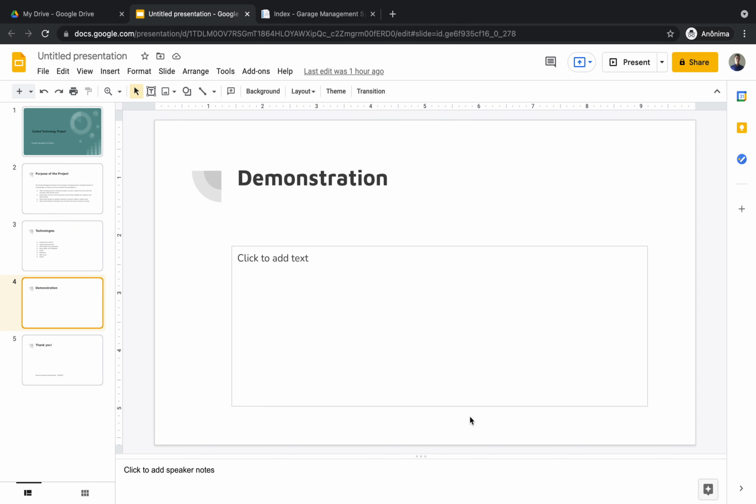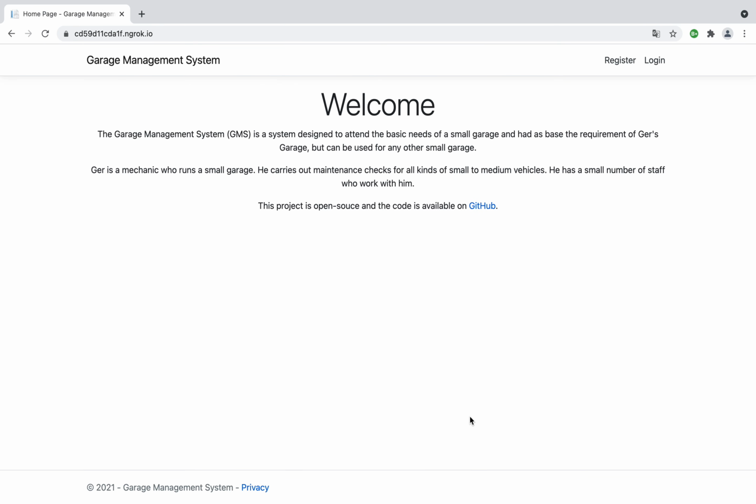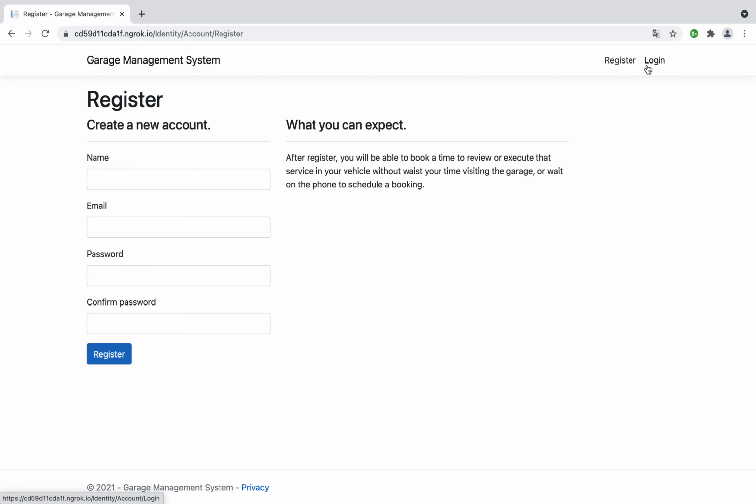Now I'm gonna go to the demonstration of the system. I'm gonna start over here on the main page that describes this system for the user, and I have an option to register and to log in. I'm gonna register a new user, will be